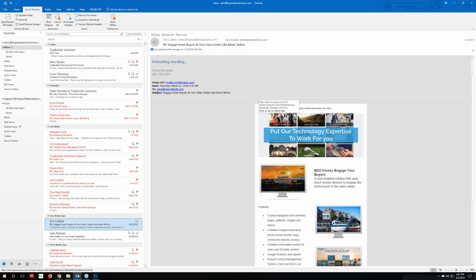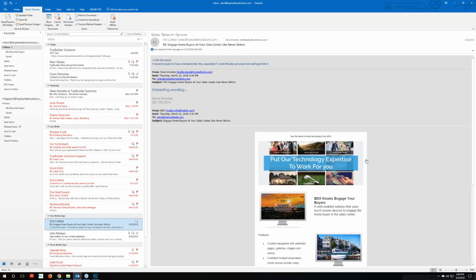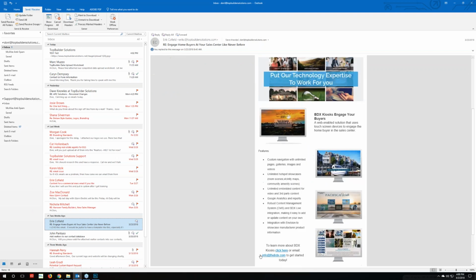It's really poorly put together HTML-wise, though, I have to tell you. I looked at the code behind this. This is net code. This is not email code. It looks okay for us, but I can guarantee you, half the people they sent this to, it doesn't look like this. Wow. They use some really